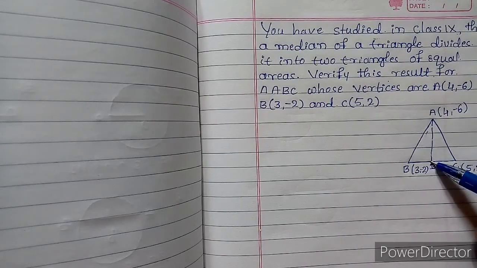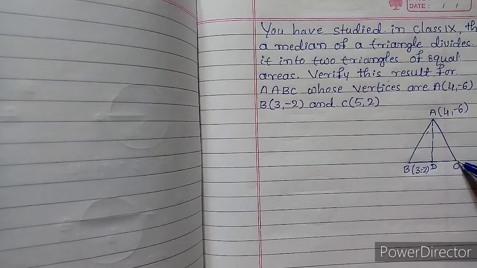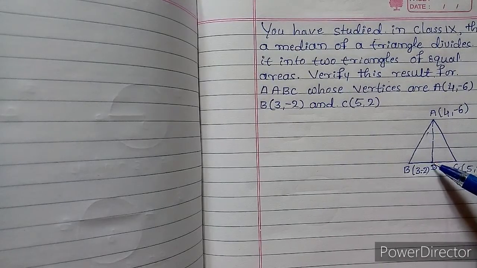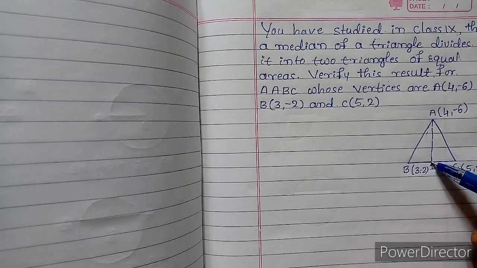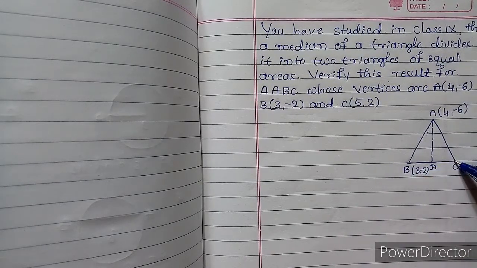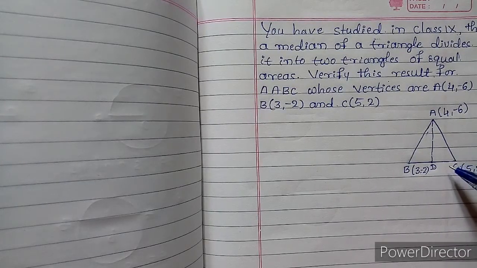Here point D is the midpoint of side BC. AD is perpendicular to BC, that means D is the midpoint of this side BC. Then by using the midpoint formula we have to find the coordinates of the point D. Here we know the midpoint formula, that is,